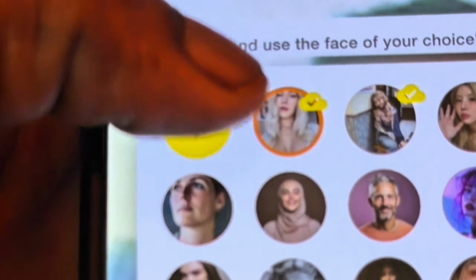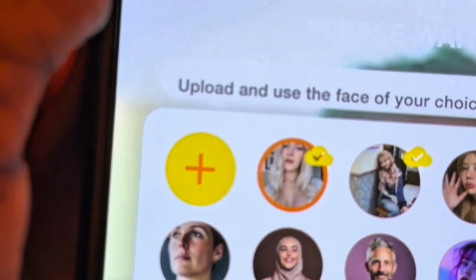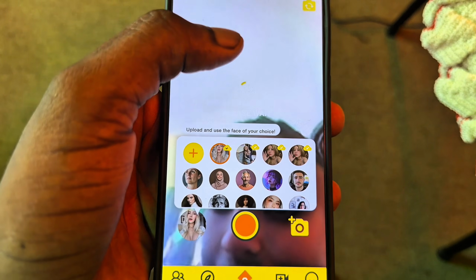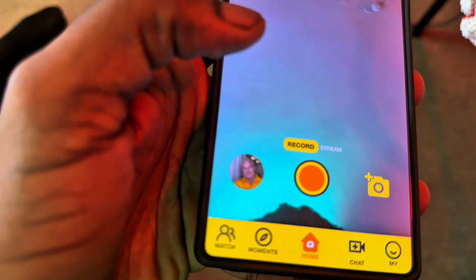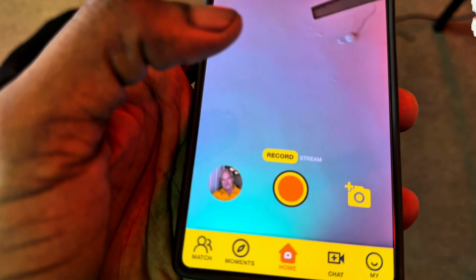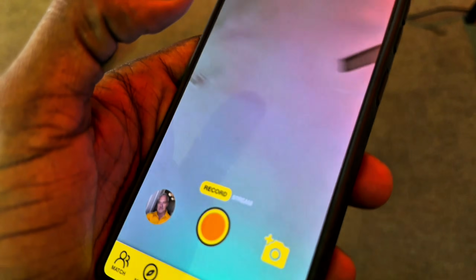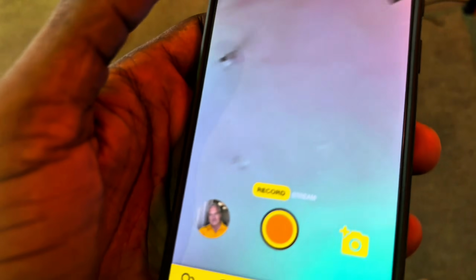Okay, and I'm going to click on this. You can see. Then I'm going to click on plus. Then I'm going to select the picture and it's going to start loading. So I'm going to wait for it to load up. Alright, so it has loaded up and the picture now is showing on the screen. I'm going to show you guys outside so you guys can get a better view of how it resembles this